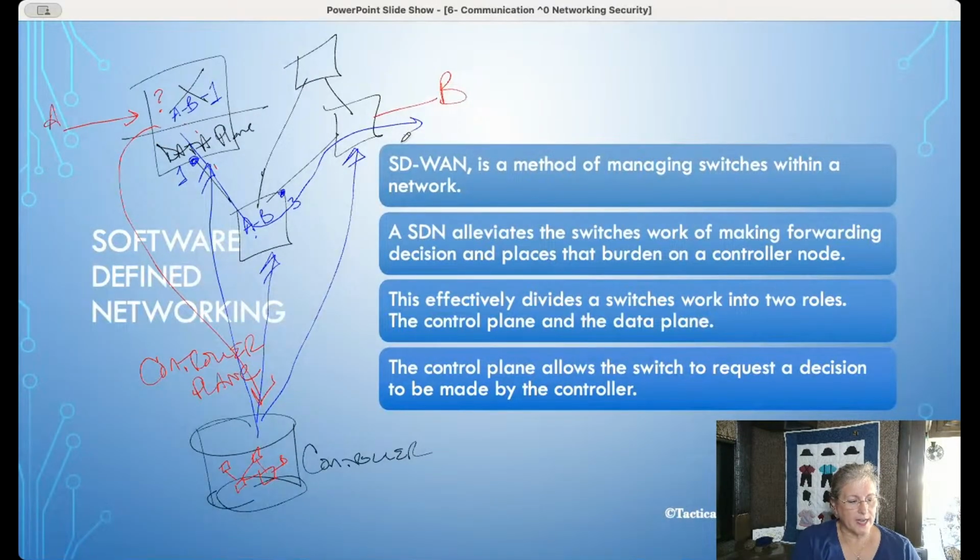The controller is now in control of how the network is going to work and function. So there's not going to be any loops that we have anymore. So you don't need the same physical configuration that we had in the past, and we don't need to worry with configuring the switches with spanning tree protocol, which is a pain in the neck, to say the least. All right, so software-defined networking. Let's see what else.